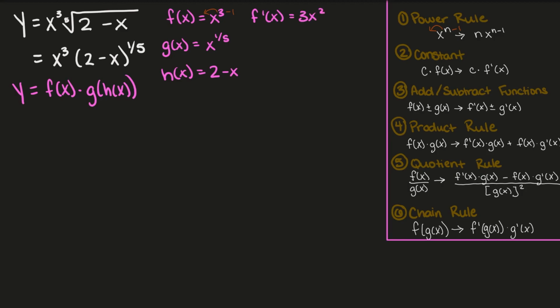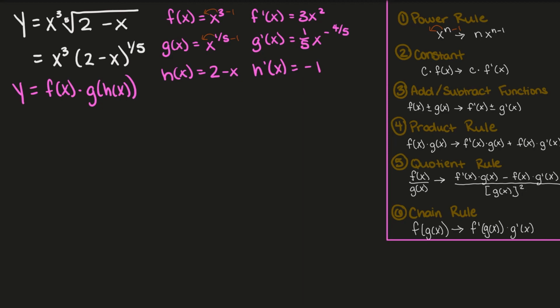The same thing will be true for g of x. We're going to bring that power to the front and subtract 1. So g prime x will equal 1 over 5 x to the negative 4/5 power. 1 over 5 minus 1 is negative 4 over 5. And then for our h of x, we have our constant, and then we have our linear function, y equals -1x. So just whatever our coefficient is will be our derivative here, and h prime x will be equal to